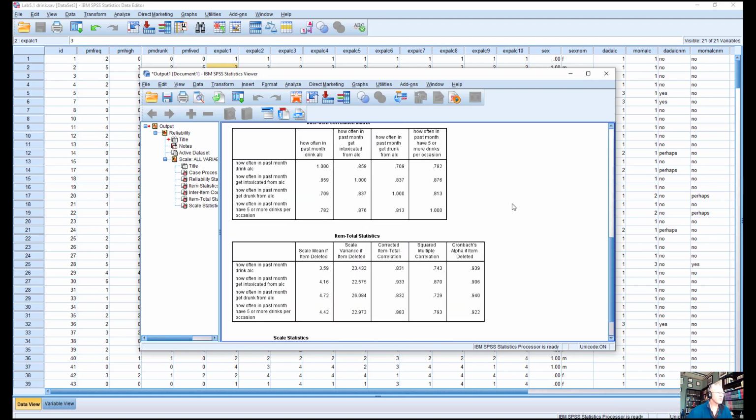Over here, if there were problems, you could look at the Cronbach's alpha if the item was deleted. If one of these items did not correlate well with the scale, like let's say one of these was a 0.4 instead of a 0.83, it would mean that item didn't correlate with the rest of the scale when all these items are combined, and the Cronbach's alpha might actually be higher than our Cronbach's alpha.